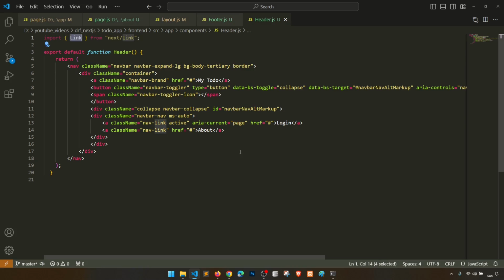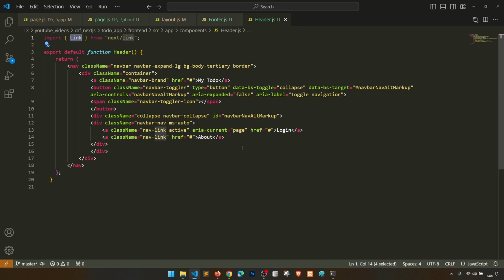So what it will do, it will optimize our anchor URL, or you can say the link tag, okay, for the route, okay? So link, and all the